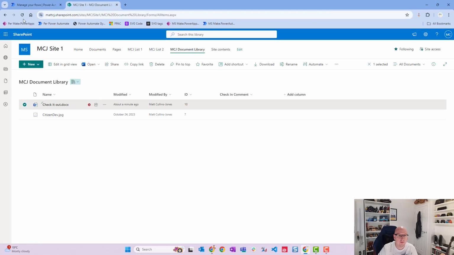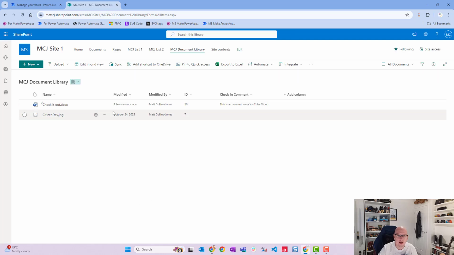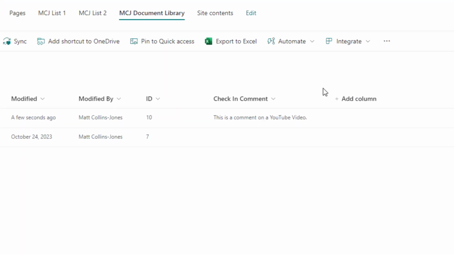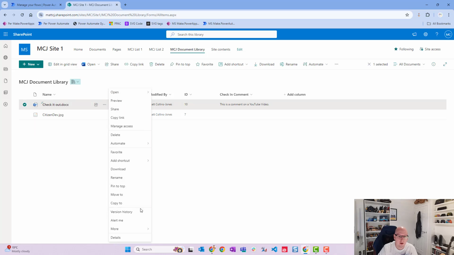Let's go take a look at our file. So back in SharePoint, we'll refresh the page. We can now see that it was last modified a few seconds ago, and that red circle with an arrow in it has disappeared. So one thing that I also did is I added in an additional column on this view for check-in comments, so you can actually see this is a comment on a YouTube video, so we can see it's worked. But what we're going to do is we click on the three dots, go down to version history,